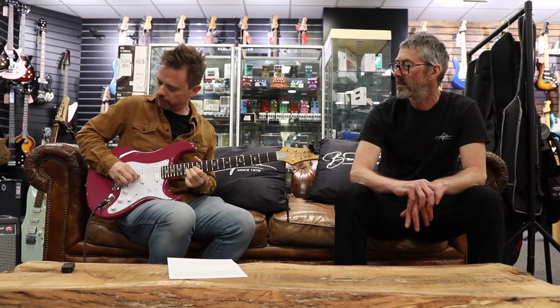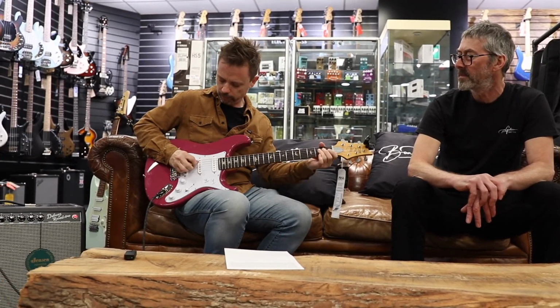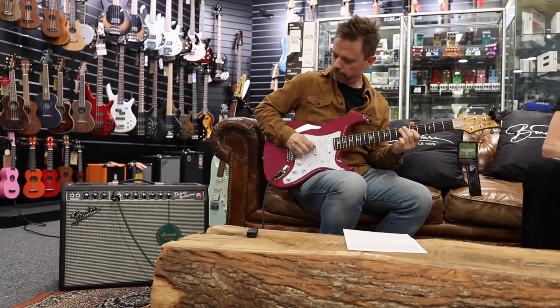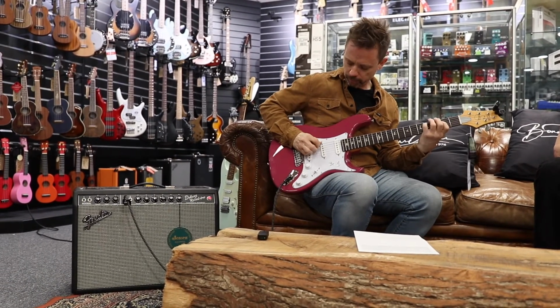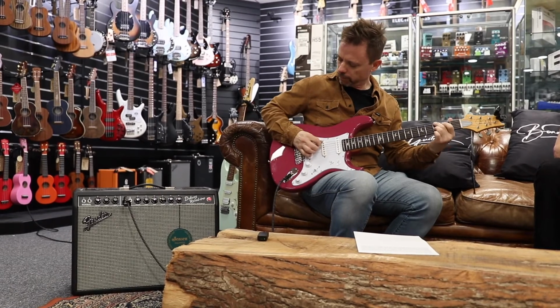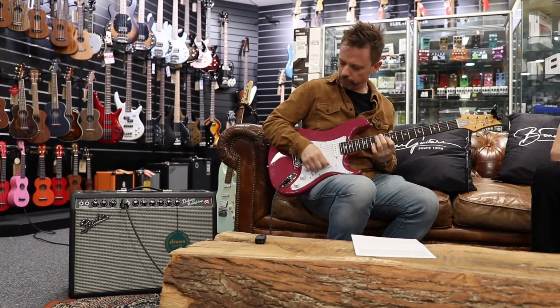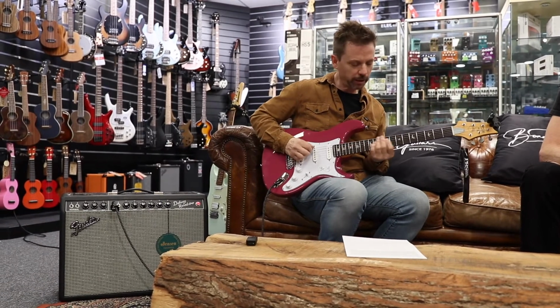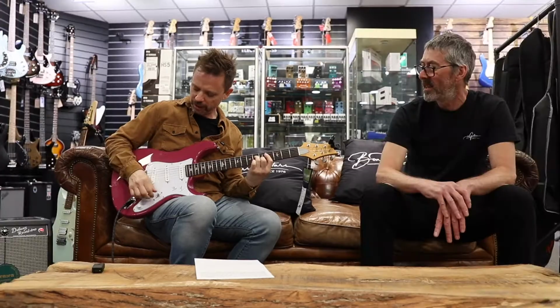Bridge pickup. That's the middle. And then the in-between here. And then the...